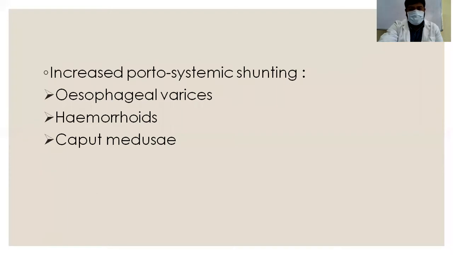Increased portosystemic shunting. We have talked about it earlier. I have told you near the esophagus, it is causing esophageal varices because the portal circulation is coming in contact with the systemic circulation at these three areas. So at these three areas, whenever there is portal hypertension, there is a reverse flow, and varices can occur because when the reverse flow is there and the pressure gradient is increased, what is happening? The veins get distended. So esophageal varices are occurring in the esophagus, hemorrhoids at the anal canal, and